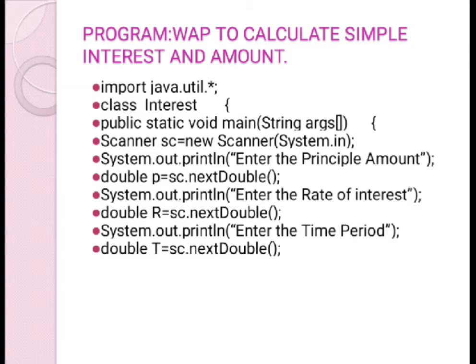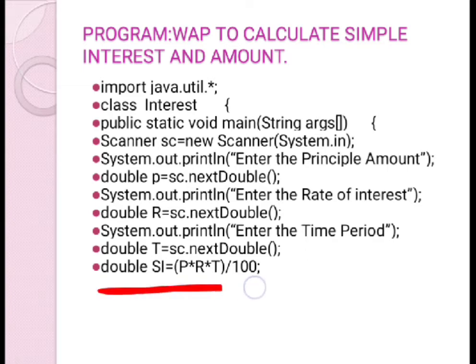Now what you have to calculate is SI. You have to write the SI formula as a Java expression. So we are going to take SI = P * R * T / 100. Please remember this Java expression is very important. If you write it with a numerator and denominator, one upon the other, it is not supported by Java, so this is the perfect way to write the Java expression.